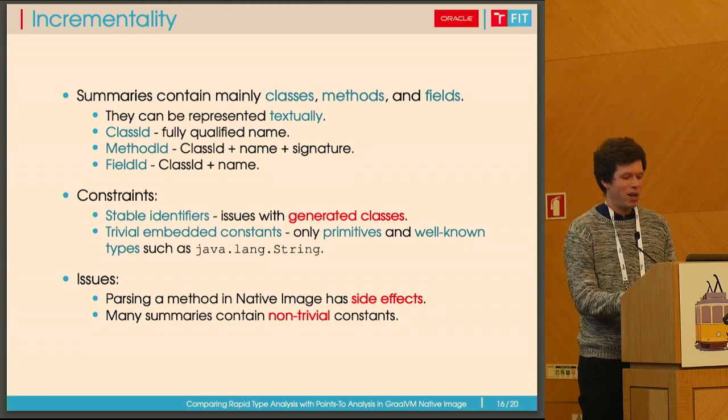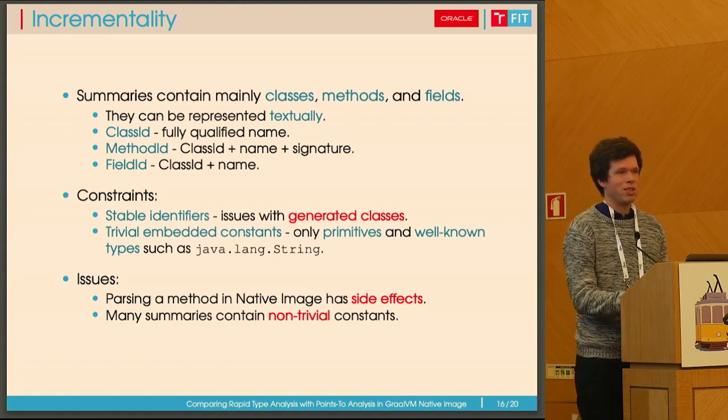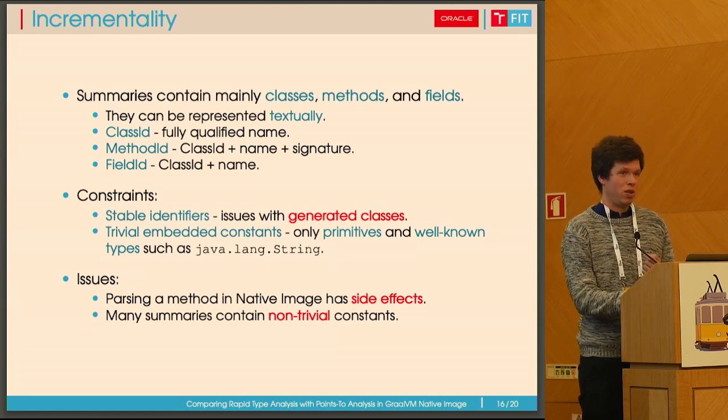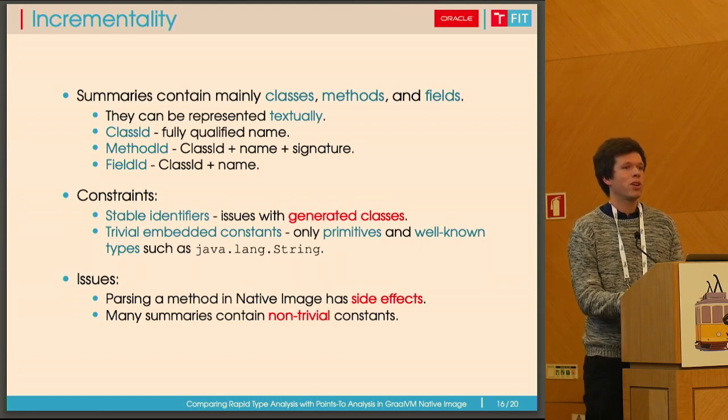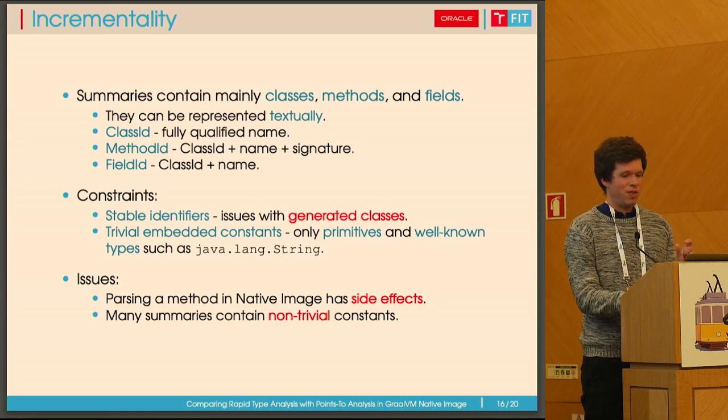And the second part would be to include non-trivial embedded constants in the summaries, which could possibly be done by either traversing the subgraphs of those constants and simply including all the instantiated types in those objects into the summary itself, or alternatively, but that would require more engineering work, to actually track the decisions when it comes to inlining